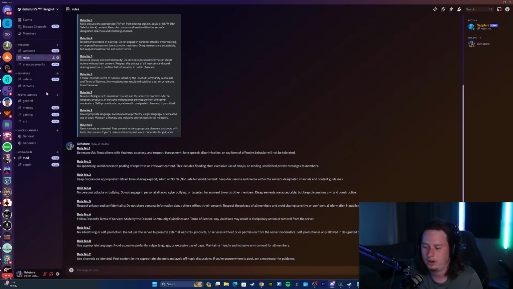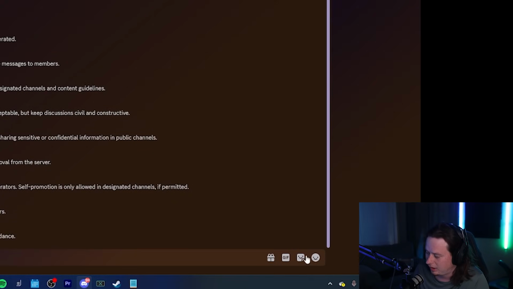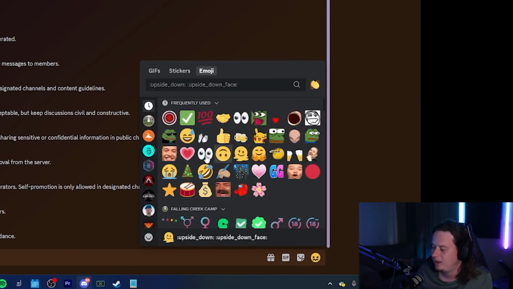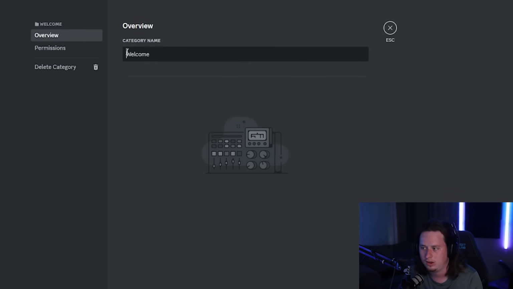So we're gonna right click, we're gonna edit the category. I'm gonna paste the symbols that I already have. And then there's a way that you can add emojis. You'll see there's no emoji button like there is down here at the bottom right. You can click that and you can send any emojis that you want. Whenever you're editing a category or a channel, you don't have the ability to do that, but there is a